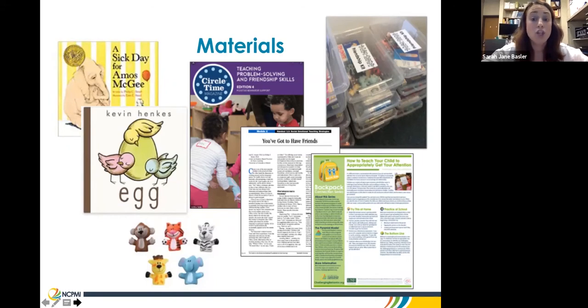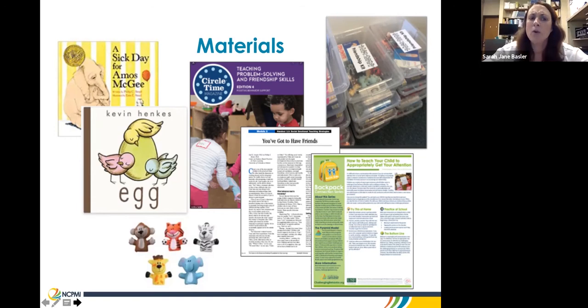They received 2 books on friendship. We provided them finger puppets so that they could role play. We also made them a friendship kit, and we actually got that idea from Head Start Center for Inclusion. And we made the kits, and they could use those in their class to teach children what they could do to help a friend if they were upset or sad or hurt.